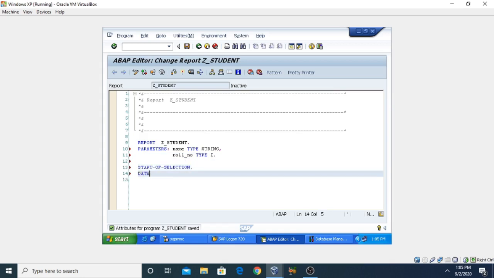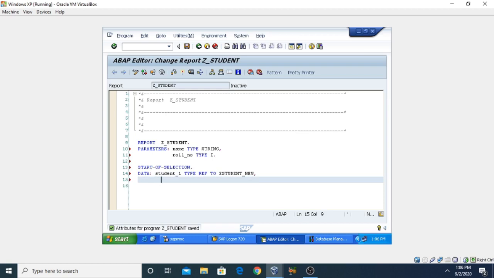Now we need to specify the reference variable. So I am creating here the reference variable student_1, type REF TO class name. We have created the root class, and the class name was Z_STUDENT_NEW.